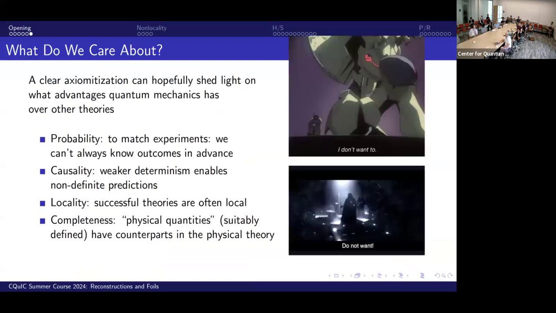Maybe we don't actually really care about this axiom, so maybe we're just kind of forced to care about them because it's what other theories do or what other context tells us we care about. We have to have some kind of probability in quantum mechanics in some way. We have to match experiments, because it turns out we usually don't know what measurement comes from getting advance. We like to talk about some notion of causality. This is going to be weaker than strict determinism. We like to have some way of making some kind of logical predictions given the information we have.